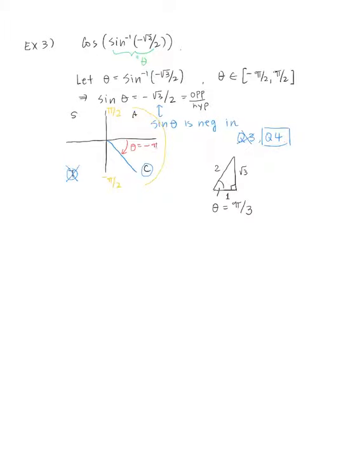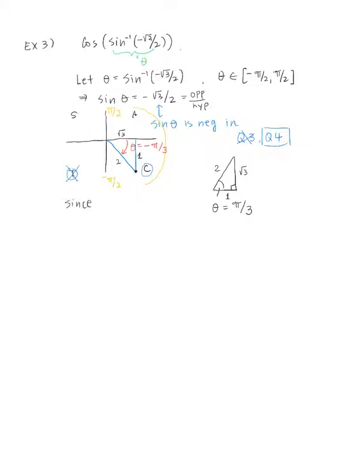So in this case, our theta is negative pi over 3. Now, if you want to draw the triangle, that's fine as well. So in this case, our length is going to be square root of 3 here too, and a 1 completely drawn off the scale. I apologize. All right. So, but in any case,